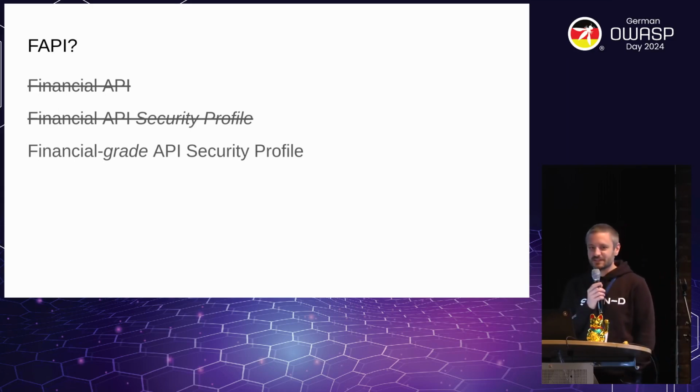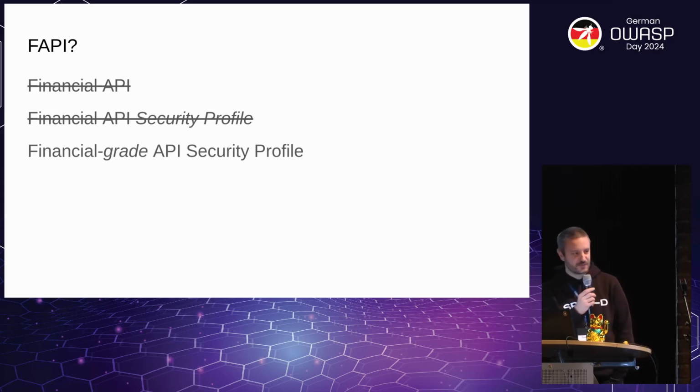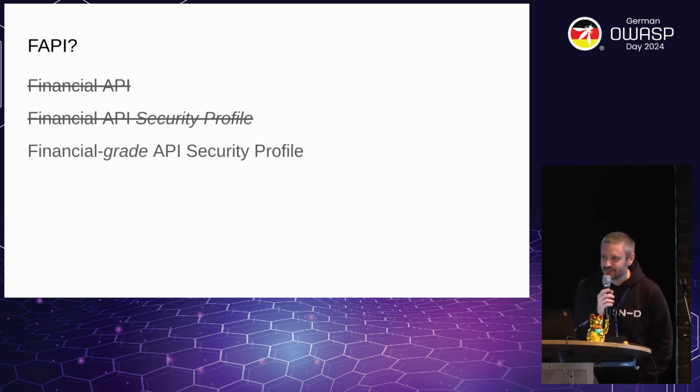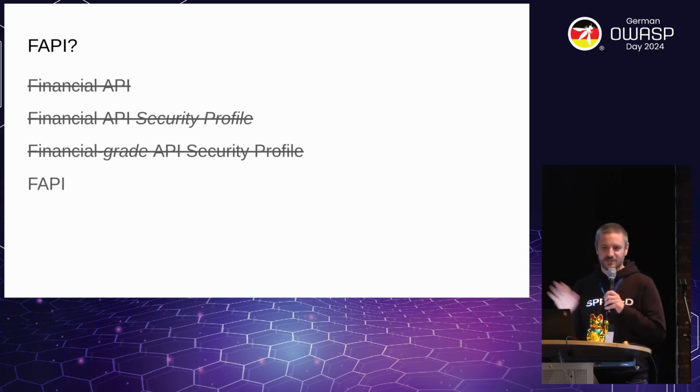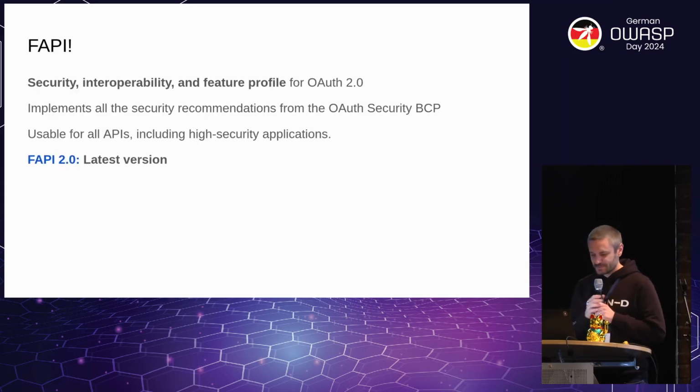But still people came to the OpenID Foundation and were like, this is called Financial Grade. Can I use it for eHealth? We were like, yes, it's called Financial Grade. And so that was really hard to communicate, so we just renamed it to FAPI. It's just FAPI, right? Don't mention the other names.